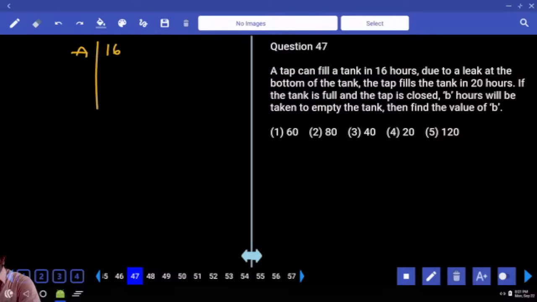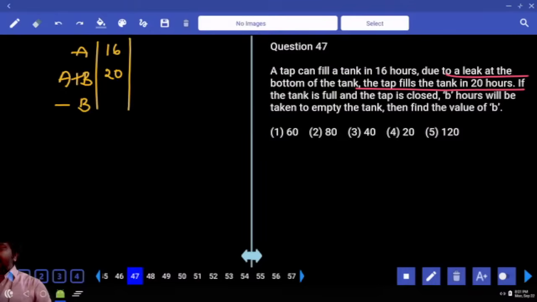Avuna? Leakage. Because of the leakage, now the tank got filled in 20 hours, the time taken by both A and B together to fill the tank. Now the question is about B can empty the tank in how many hours? That's the question. Agreed? LCM